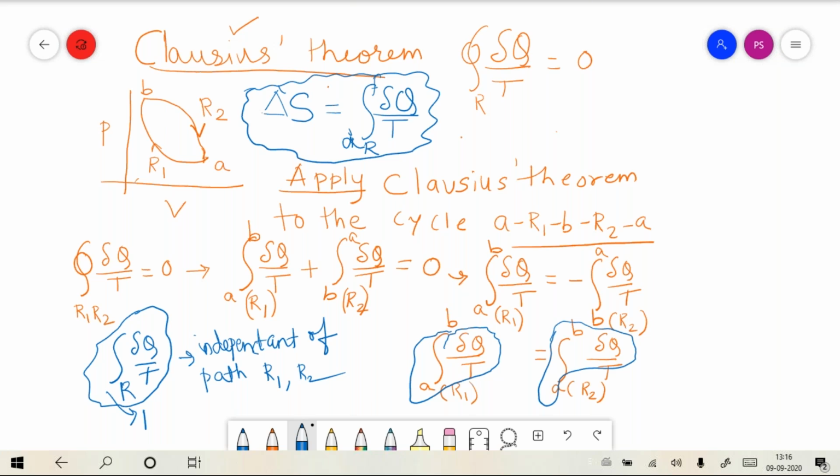We are not yet talking about the absolute entropy. We are simply talking about the entropy change, and we have not seen an expression for the entropy value. We are giving you an expression for the entropy change: the integral of del q by T, when the integration is performed between the initial and final state via the reversible path. I hope it is clear to you.